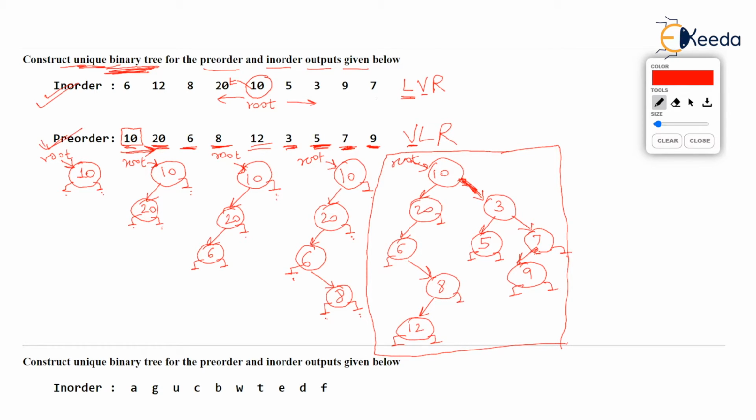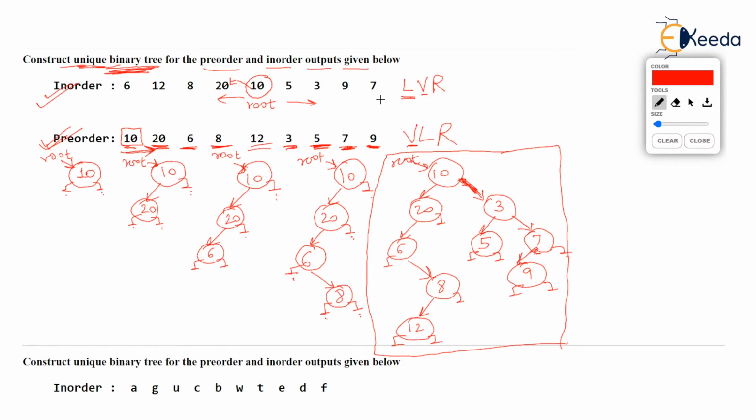Obviously, if you do in-order and pre-order for this tree, which we have constructed, you will get the same in-order and pre-order. You observe that in-order traversal is not in increasing order. I told you in the previous few videos that whenever you perform in-order traversal on a binary search tree, the output is in increasing order.